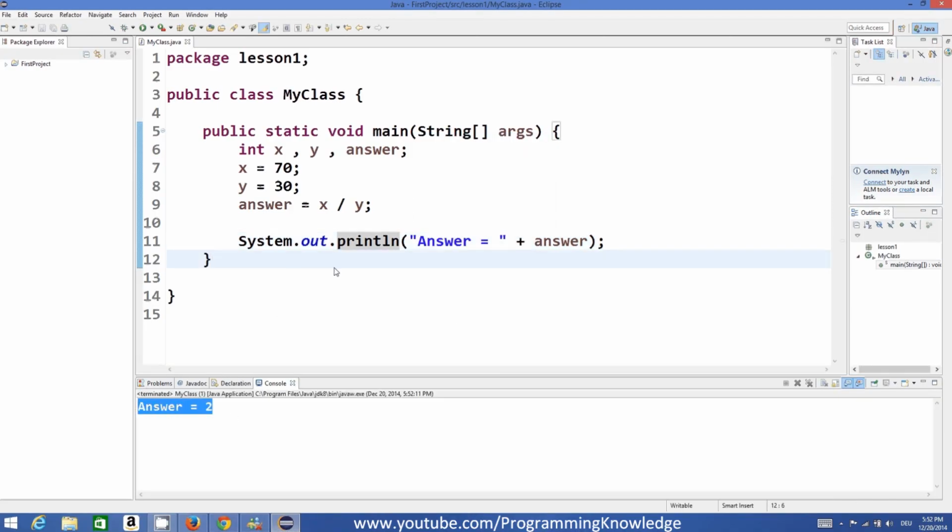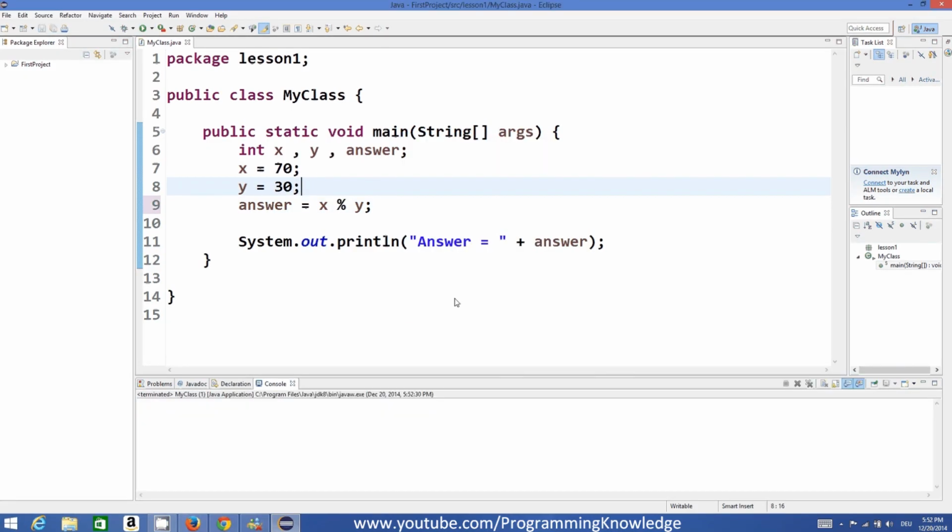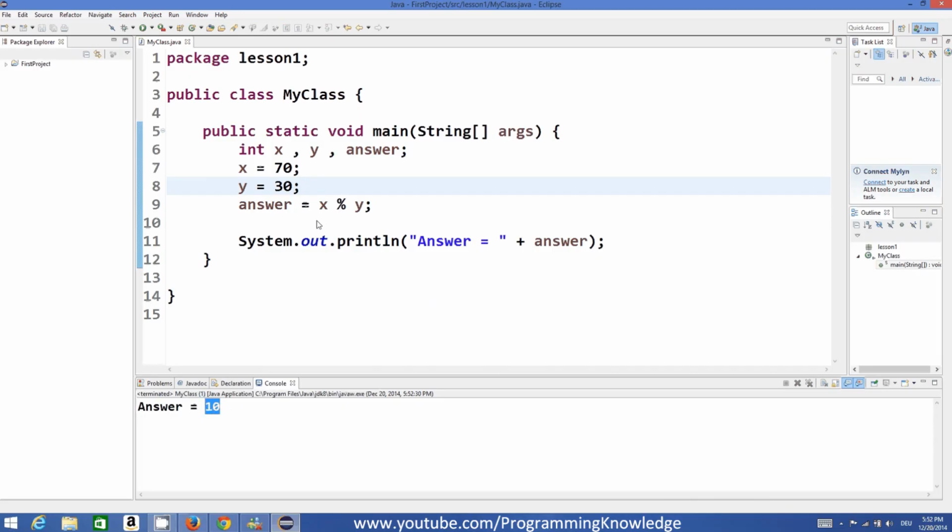Now there is one more interesting operator in Java, which is called the modulus operator, and this gives you the remainder of the division. So once I run this program, the remainder is 10, right?